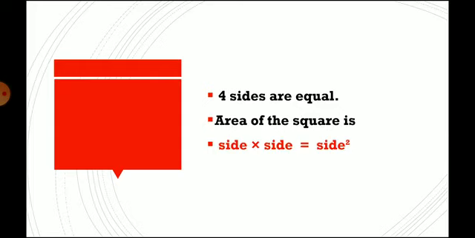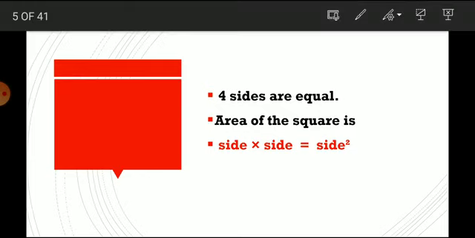So the area of the square is this formula: side into side, which is equal to side square. Here we see one new notation, square 2 in the above, right? Side into side. If the same word or number comes twice, we can write that as a square. If here 2, this is one side, this is two sides. So we can write side two times like a square.